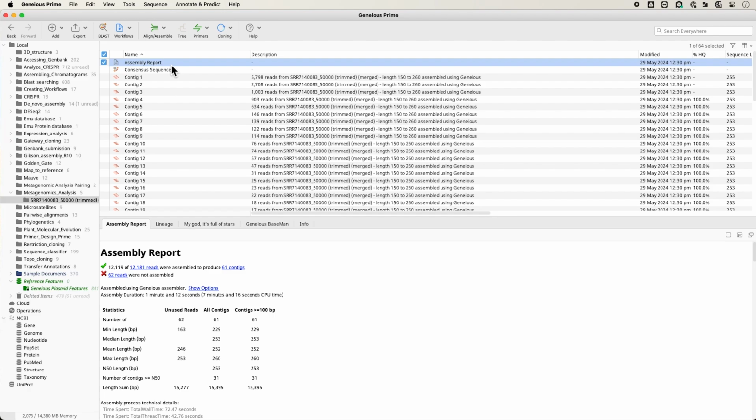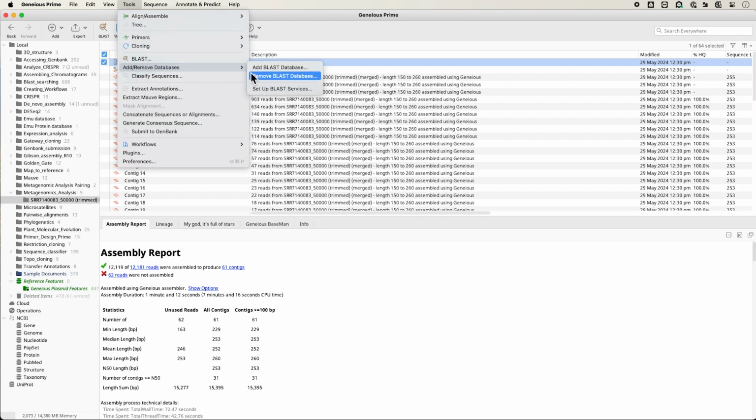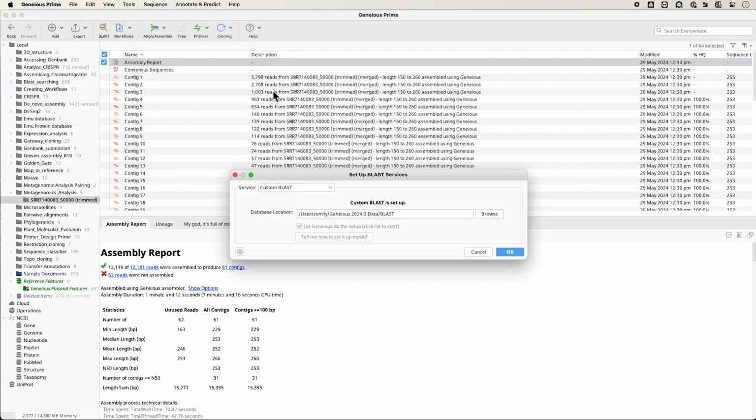First, install the custom BLAST executables and set up a local copy for the NCBI16S database against which to blast. To do this, click Tools, Add and Remove Databases, and set up BLAST services. Change the service to Custom BLAST, and check Let Geneious do the setup. Make sure to note the database location. This is where Geneious will download and install the BLAST program, and where you will put the pre-formatted files from